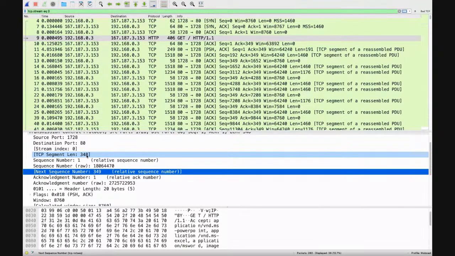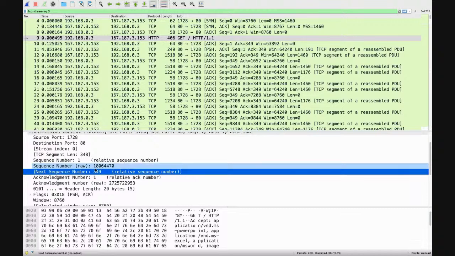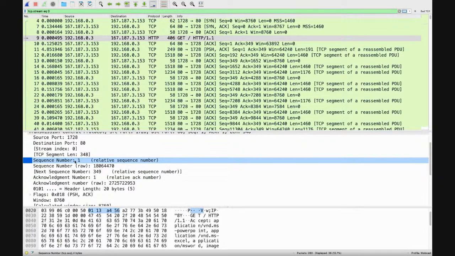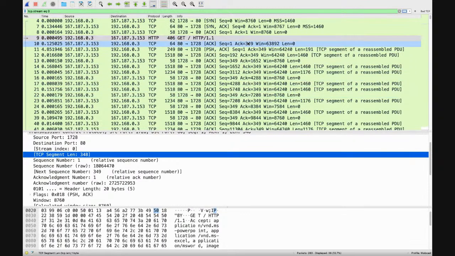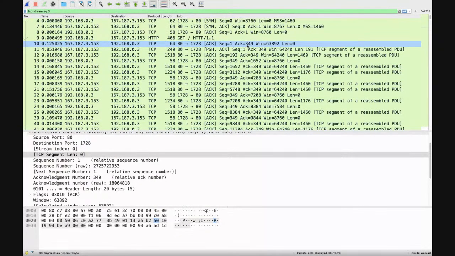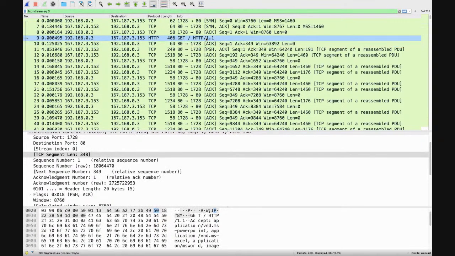So our next sequence number equals our current sequence number plus the number of bytes of data we're sending, which also equals the acknowledgement number. So if we see an acknowledgement number of 349, that tells us it got sequence number 1 and all 348 bytes of data. So what do we see right here? Acknowledgement number 349. This acknowledgement right here goes with that frame right there.